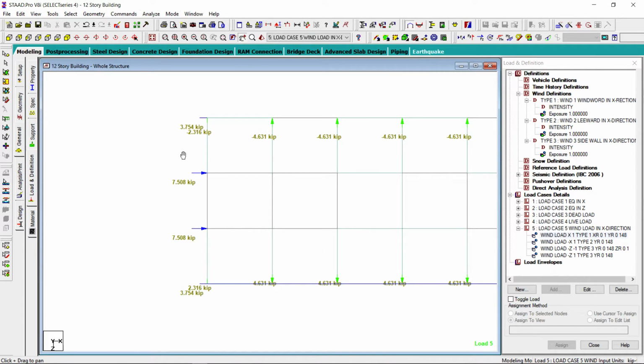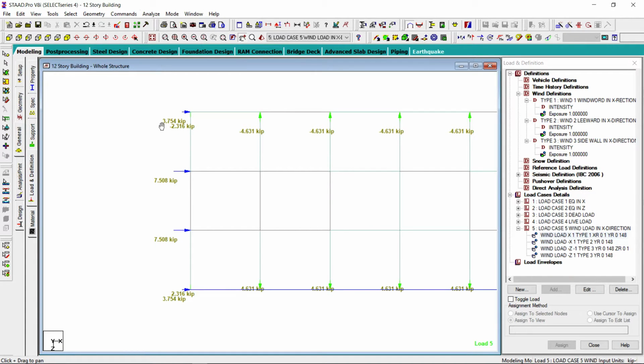On this direction, at the rooftop, the highest level, the wind loads are 3.75 kip over here and 7.5 kip here, 7.5 kip over here, and 3.754 kip over here. So if we add all these, 15 plus 18 plus 3, almost 21, 22 kip force